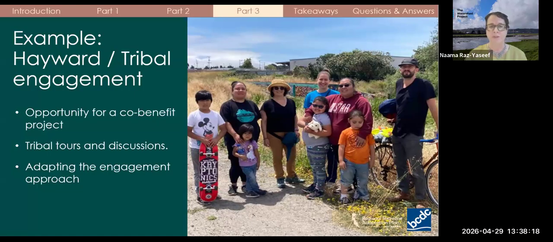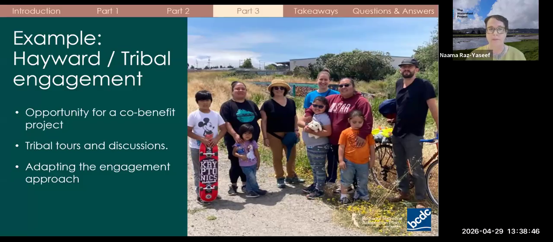This approach is intentionally different from more traditional engagements. It starts with being on the land together, building shared understanding, and creating space for open conversations before asking for specific input. It also reflects some of the realities of doing this work. Many tribes have limited capacity and are being approached by multiple efforts at the same time. So engagement needs to be thoughtful and respectful of their time.